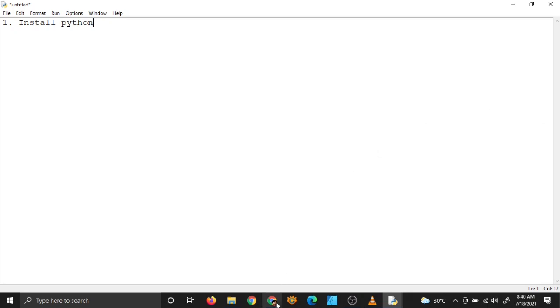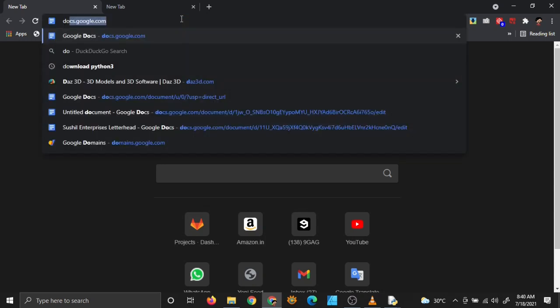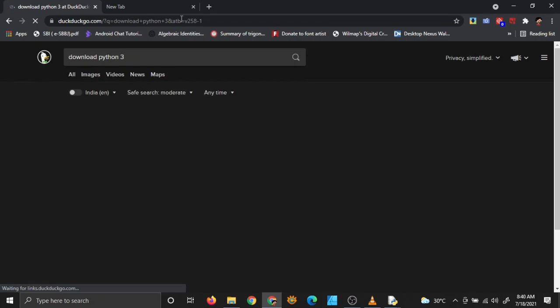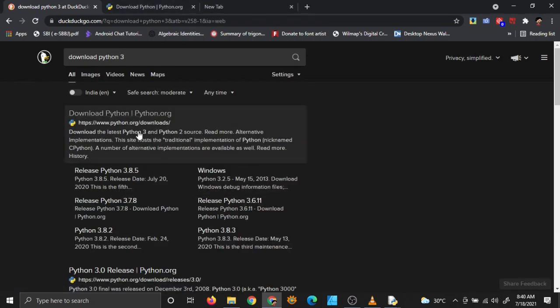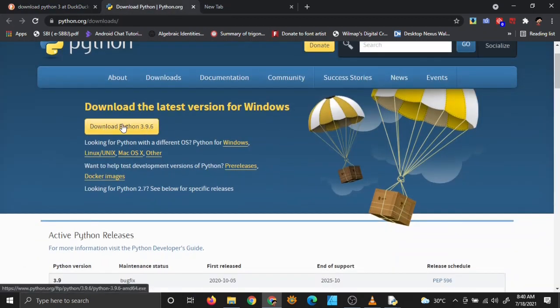So go to your browser and in the search engine you can type download Python 3 and you will be taken to the python.org website. You can click on this link and then you can click on this download Python and it will start the download.